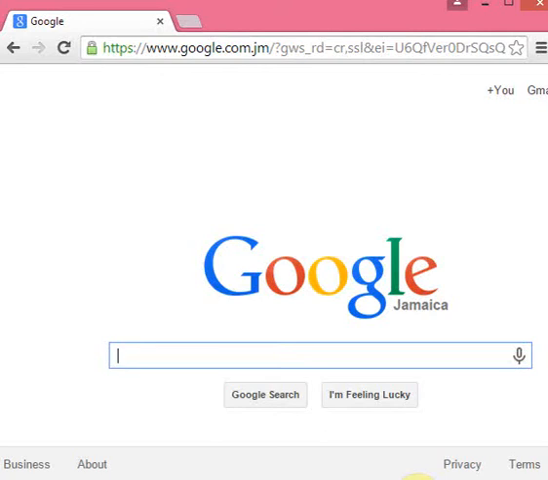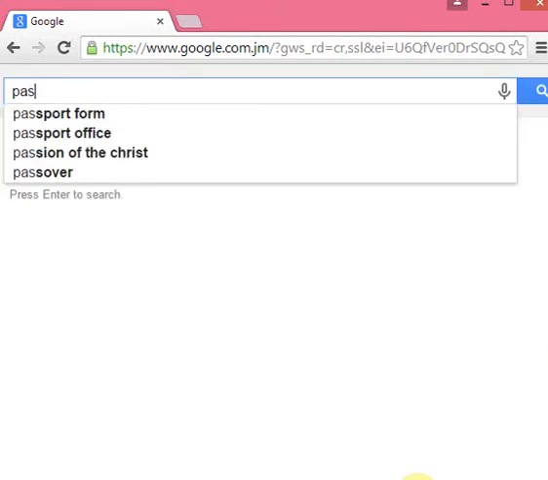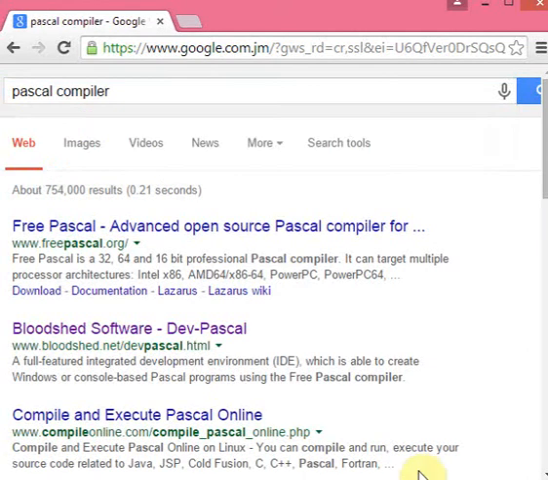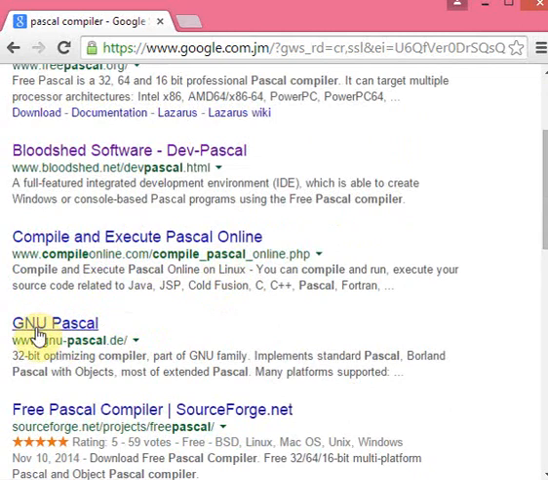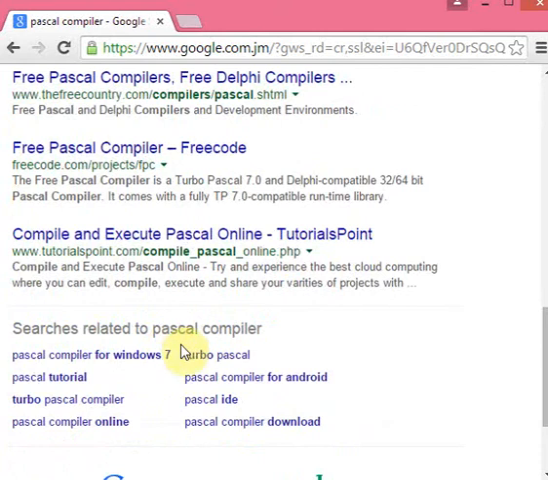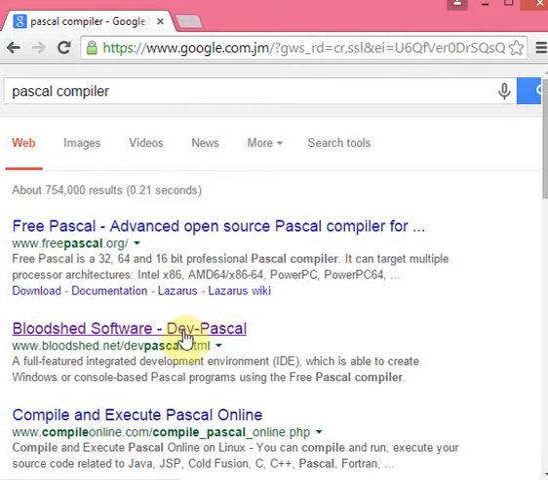Now if you do not have a Pascal compiler, you can basically go to Google. I've already gone to Google and you can just type in Pascal compiler and press enter. Now you have Bloodshed, that's the one that I use. It's an IDE, and IDE is basically an integrated development environment, right? You have the GNU Pascal, and there's another one called Easy Pascal. You can check that one out. You have Turbo Pascal, but as I said, I use Bloodshed Pascal, so I'm just going to go ahead and